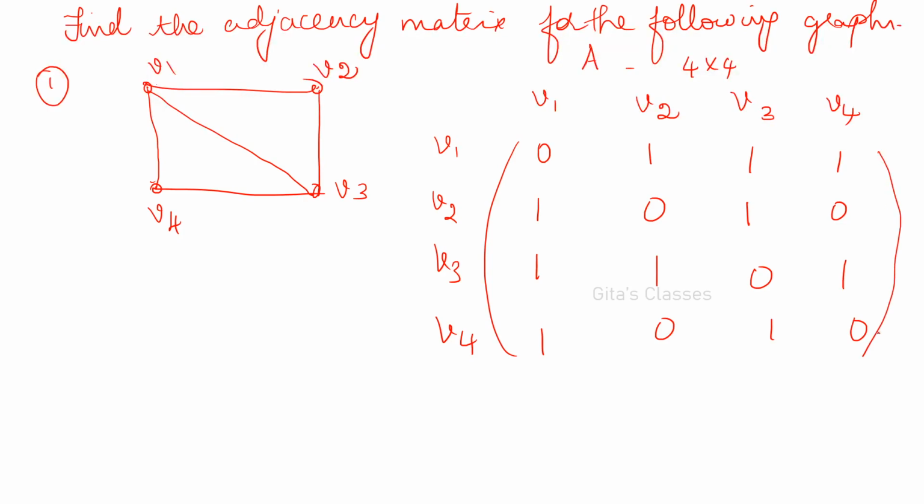Understood? This is an adjacency matrix. So very simple, very easy topic actually. The easiest topic in graph theory. Okay, next is